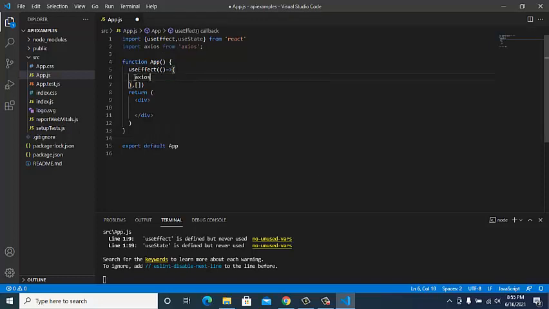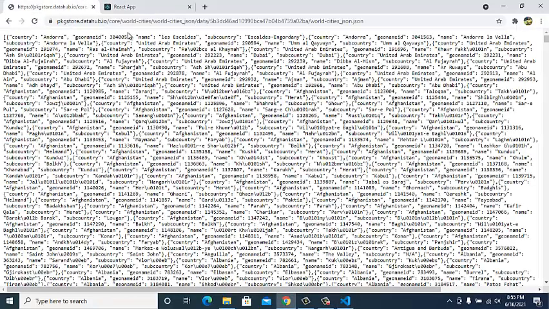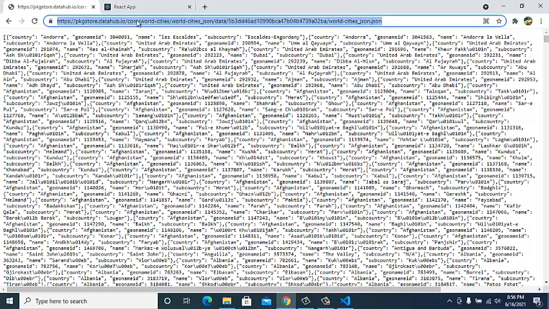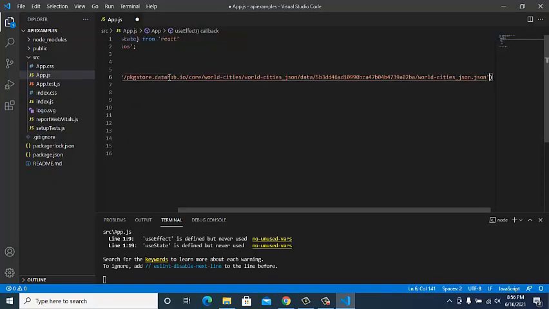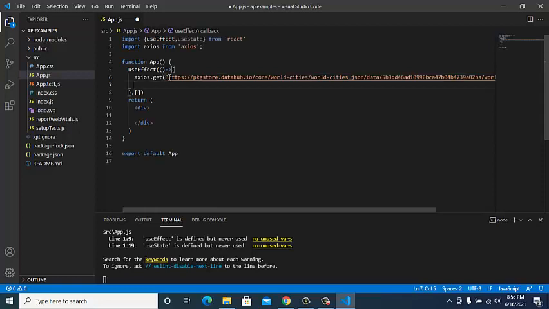Then we'll call with Axios. So Axios.get and we'll take the API path. This will bring one promise.